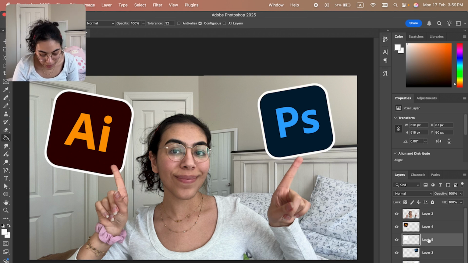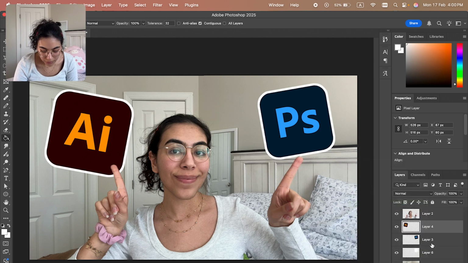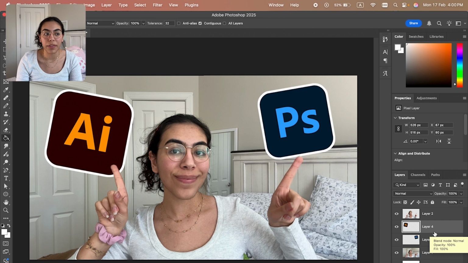I'm also going to go ahead and merge these. You can do that by hitting Shift and selecting the two icons that you want to merge. Right click and click Merge Layers, or Command E for the shortcut. And I'm going to do the same with the Photoshop icon. Now that we have our icons and everything merged, let's say I want to spice these up even more by